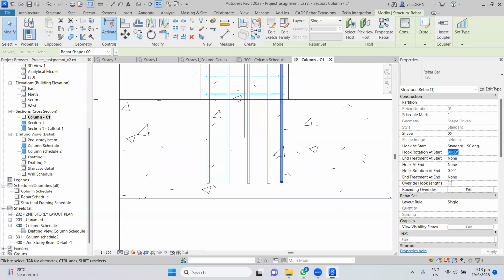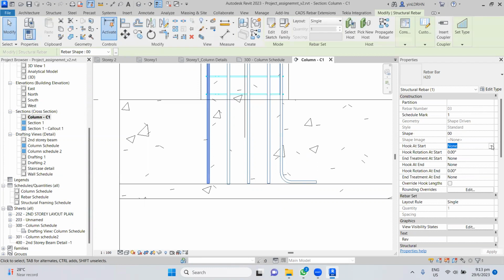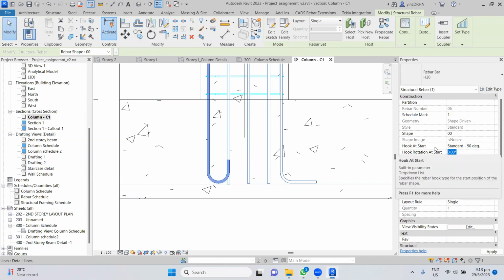Or 180. We can see, right? So this one I make it 180. This one also I make it standard hook 180. Oh, sorry. This one is supposed to be 90. This one is 90,